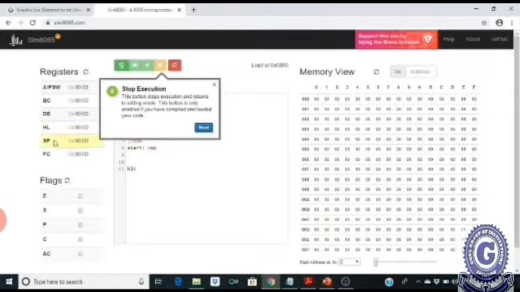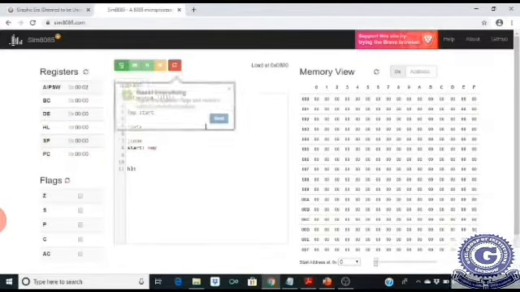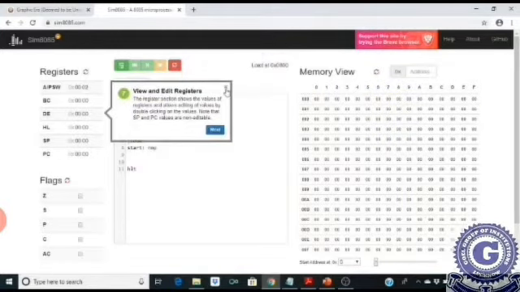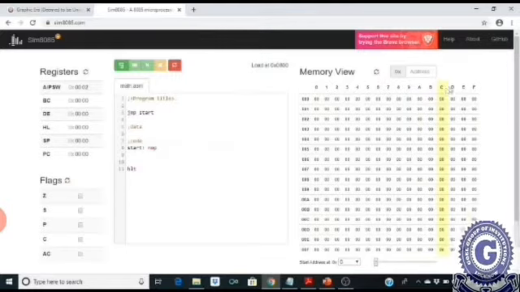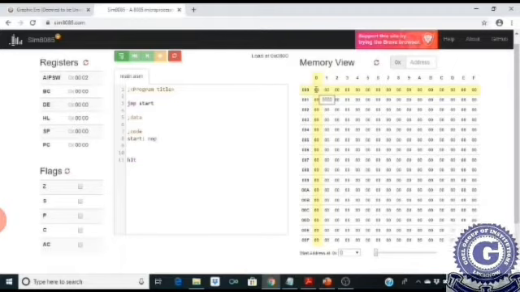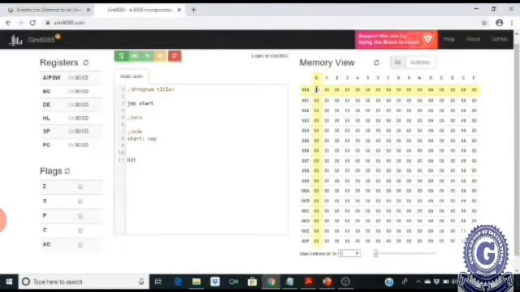Now at the right hand side you can see the memory view. Here you can see all the memory locations, starting from 0000. The data at this memory location you can change by double clicking on it.